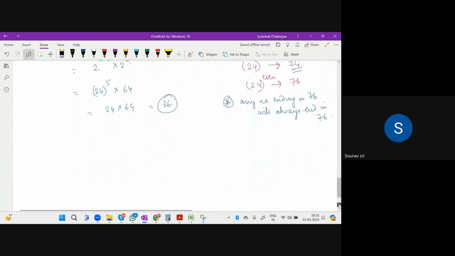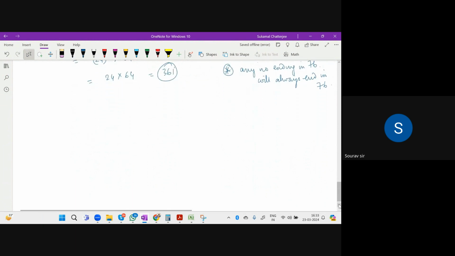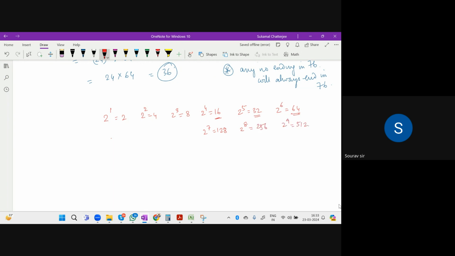Another way is if you notice the pattern of powers. 2 to the power 1 is 2, 2 to the power 2 is 4, 2 to the power 3 is 8, 2 to the power 4 is 16. এখান থেকে 2 ডিজিট হয়ে যাচ্ছে। 2 to the power 5 is 32, 2 to the power 6 is 64, 2 to the power 7 is 128, 2 to the power 8 is 256, 2 to the power 9 is 512, 2 to the power 10 is 1024. Can you notice